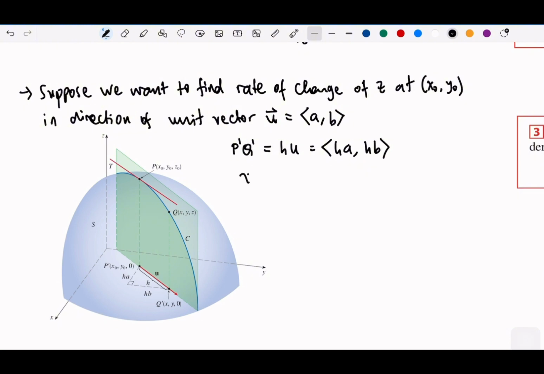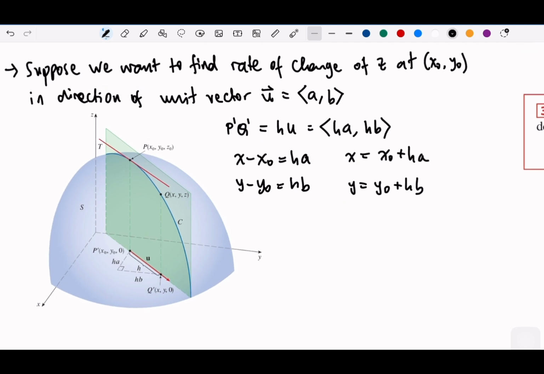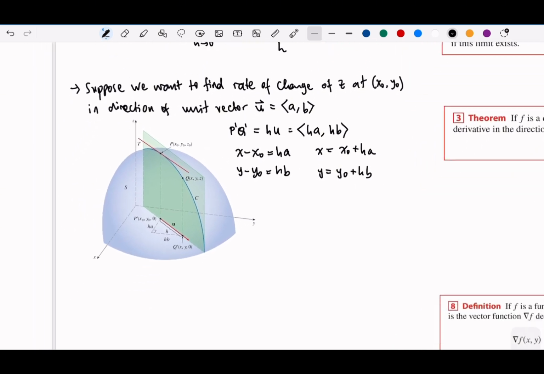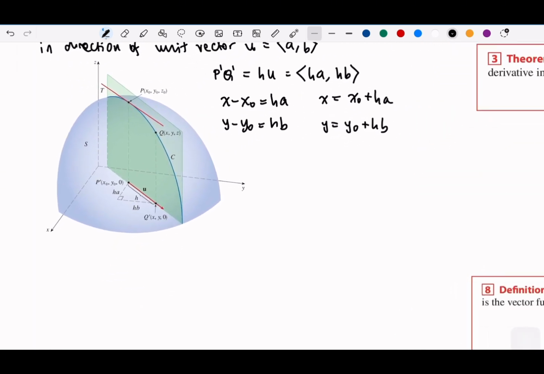And the distance for each component becomes ha and hb for x and y. So we can write this as